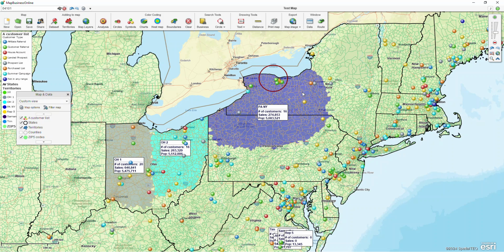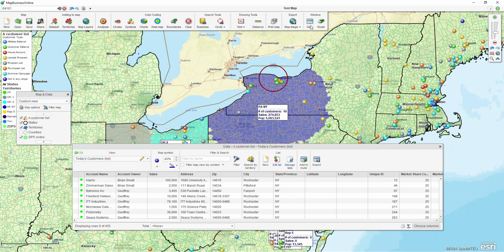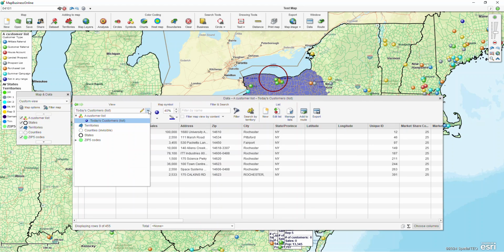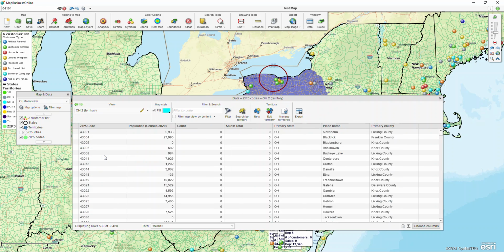We touched on this a little bit, but if you wanted to export the actual data itself, you can go up into the data window. This little pull down list shows you the different data you have: your data sets and any marketing lists you created. We could click this little arrow to expand it to show the individual territories. If I wanted to show my Ohio 2 territory, I can click on that and just choose to export that